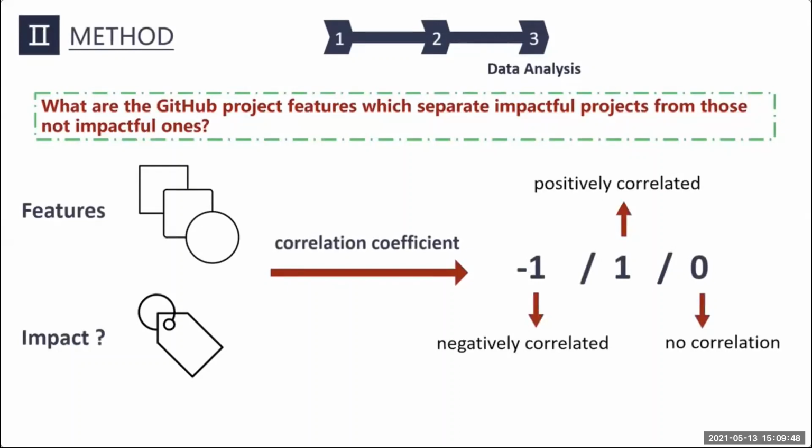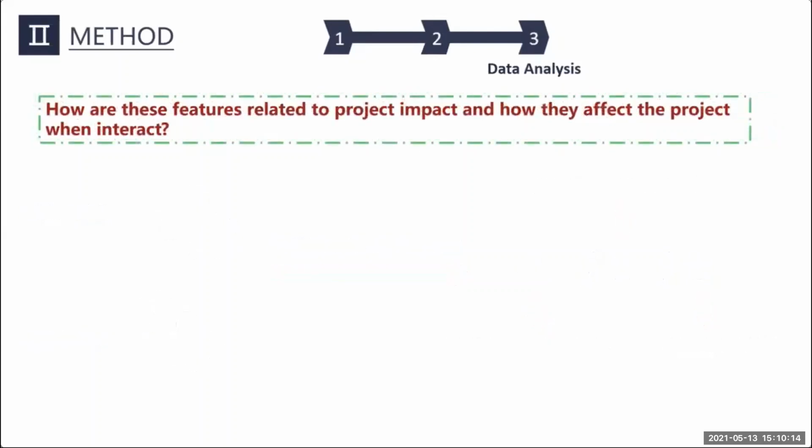-1 represents negatively correlated, 1 represents positively correlated, and 0 means no correlation. In particular, we adopt the 3 most popular correlation coefficient analysis methods, that are the Spearman, Pearson, as well as Kendall's tau correlation coefficient analysis. So the correlation analysis gives us a direct result about how 2 factors are correlated. And